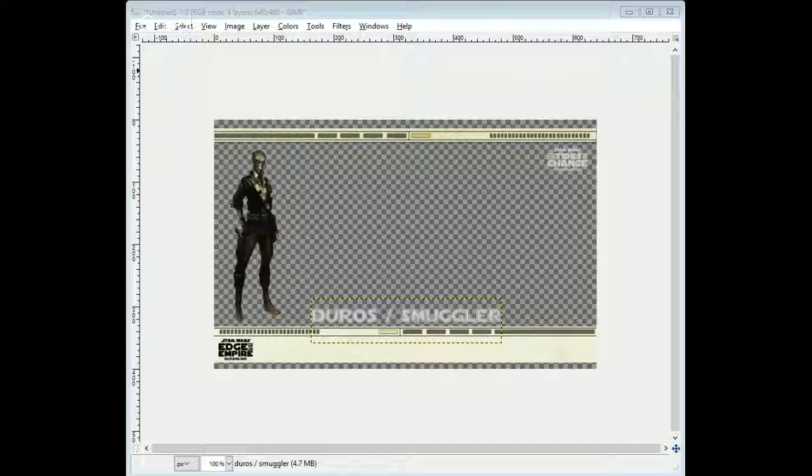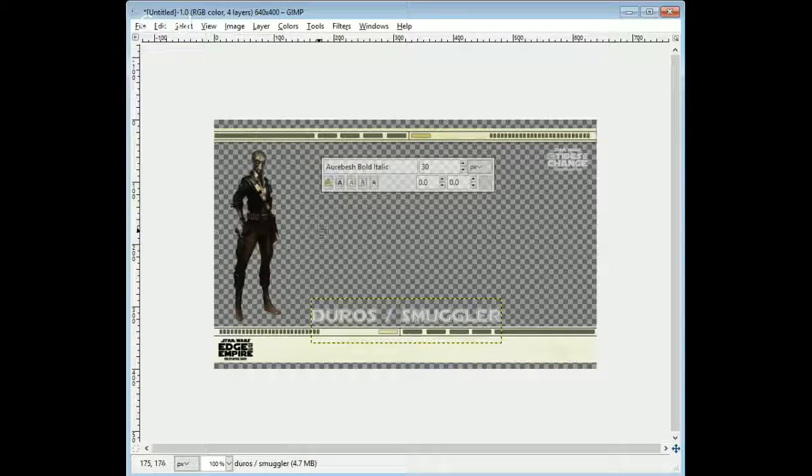I've got multiple different types of Aurebesh. I found I like the bold italic. So then we come in here and okay, so they're a smuggler, and we put something in kind of cheesy or whatever you want really. But for smuggler, let's give them a nice box here for writing in,